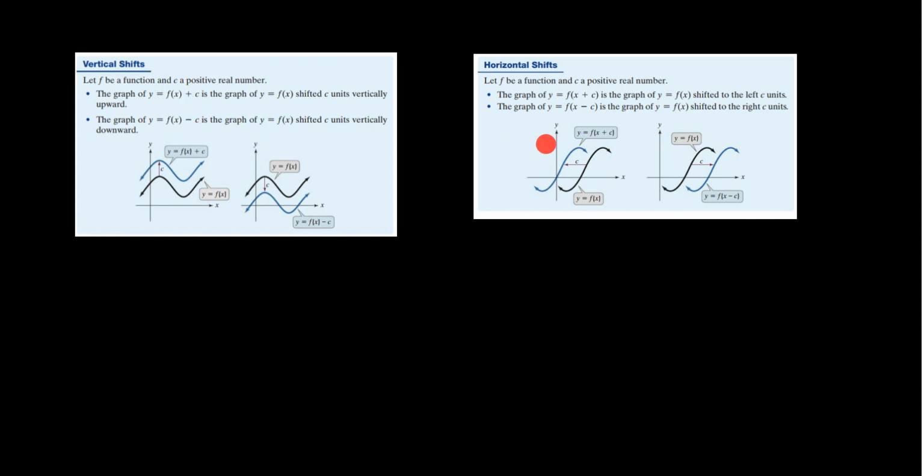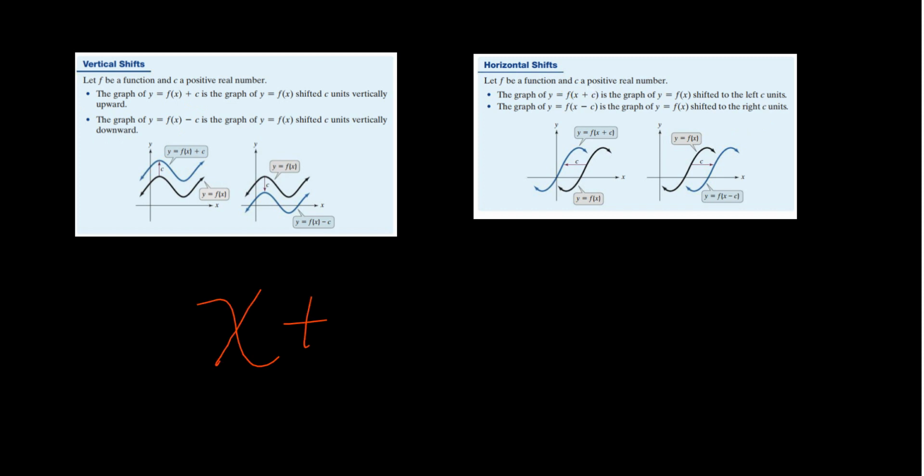All right. So if we are adding some constant to x, then we shift to the left, and if we subtract, we shift to the right. Now that might not seem very intuitive, right? Because obviously for a vertical shift, it makes sense. If we add some number, then we go up. If we subtract some number, we go down. Well, horizontal shift might not, on the surface, make intuitive sense, but think about this, right? If we have x plus c,